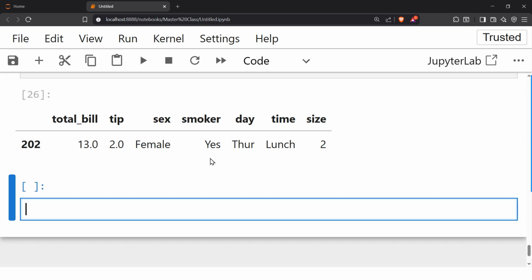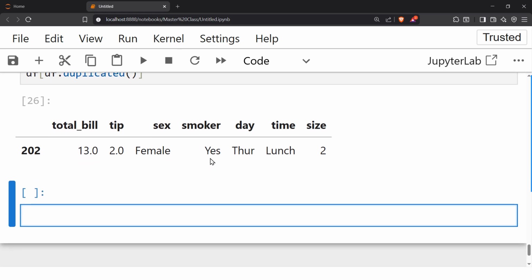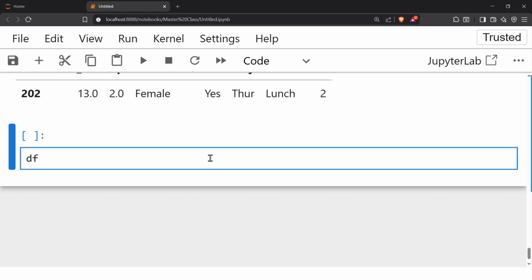Now if I run this one, as you can see, we found out that we are having one duplicate record in our data set. Now how to remove this one? It's very simple. So df.drop_duplicates we need to use, and inside this one,